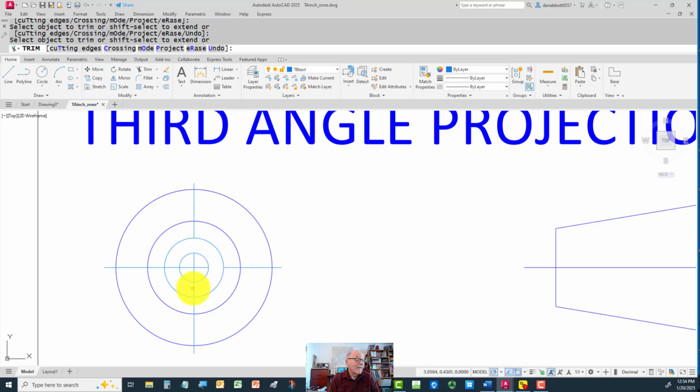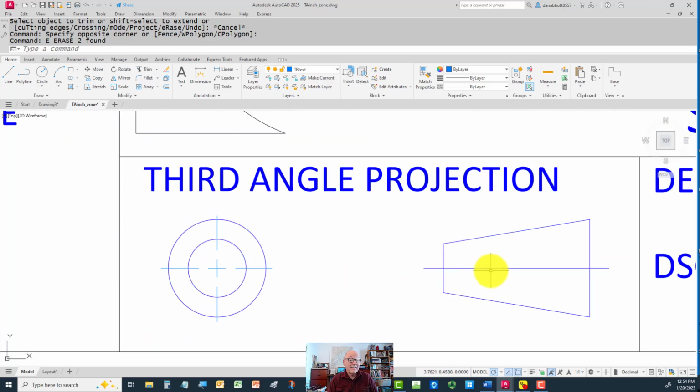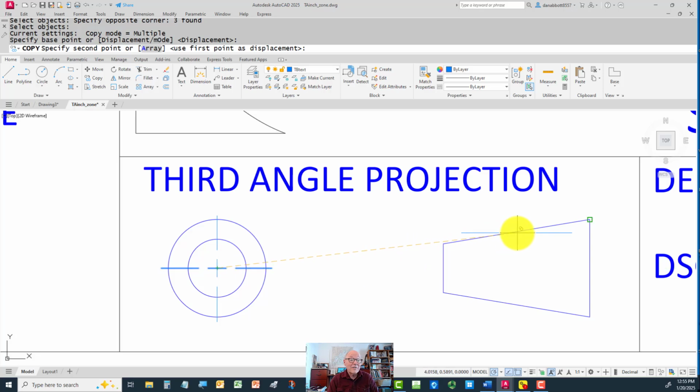crosshair here. I'll get rid of those two things. Alright, so I want that to look like this, and then you can see that that also needs to be cleaned up a little bit as well. So I will copy this right here, and I'll bring it from here over to,